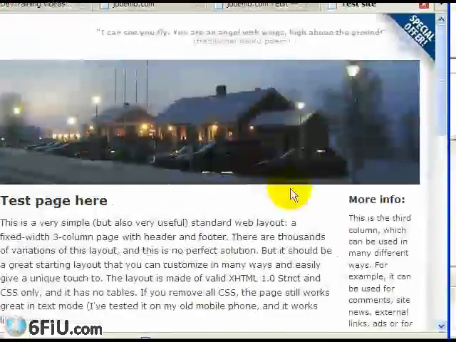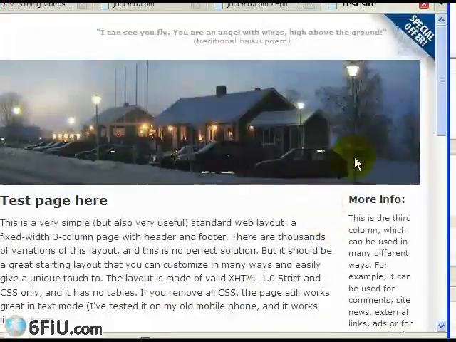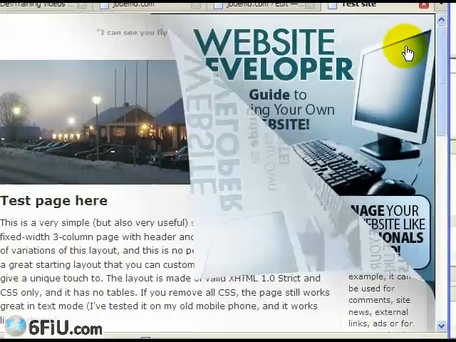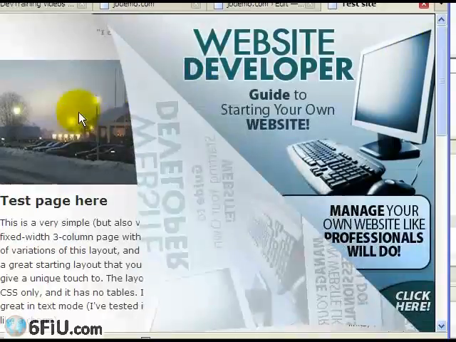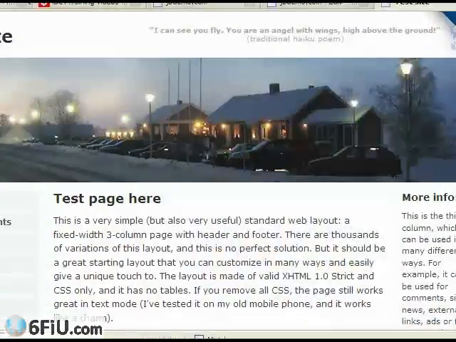So now, floating in the top right hand corner of the screen, right here, we've got our page peel, and if I hover over it, voila, we have our nice page peel. Okay, so with that out of the way, let me show you how to do this if you're using it